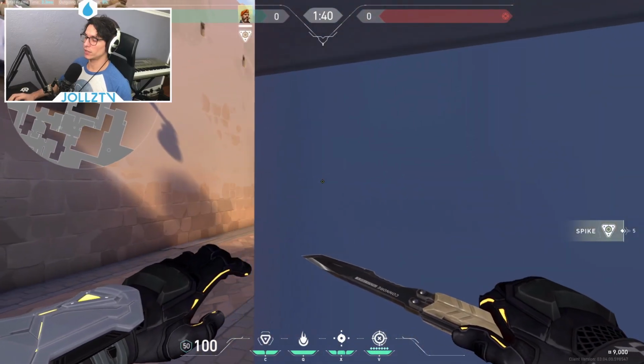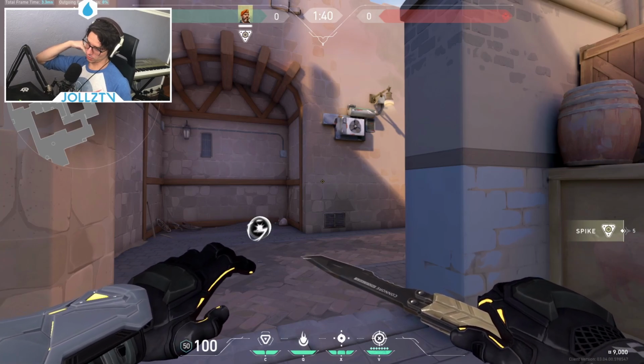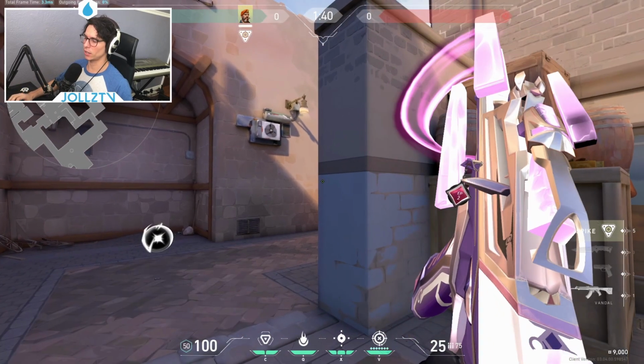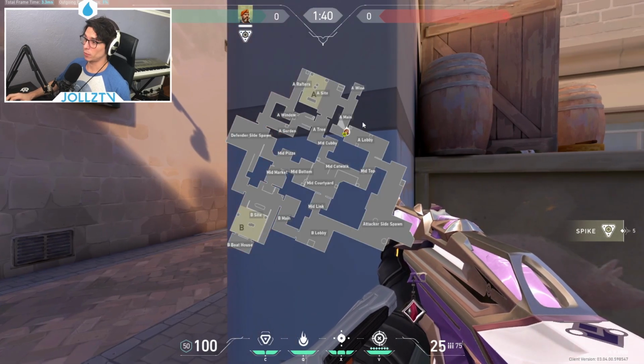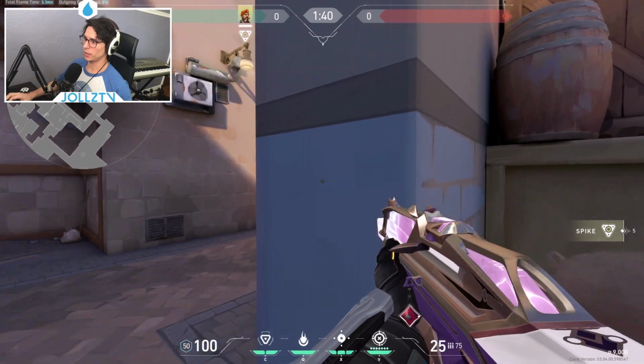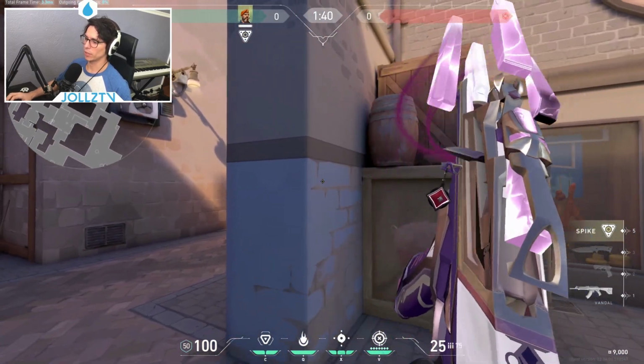So, a quick guide on taking a site as attacker. It's kind of simple, nothing too complex, and I'm gonna keep it basic for this guide. Whether you're splitting a site, like 2 people tree and 3 people A main, the idea is basically the same. You're gonna want to get A main control, and this applies for any site, for any